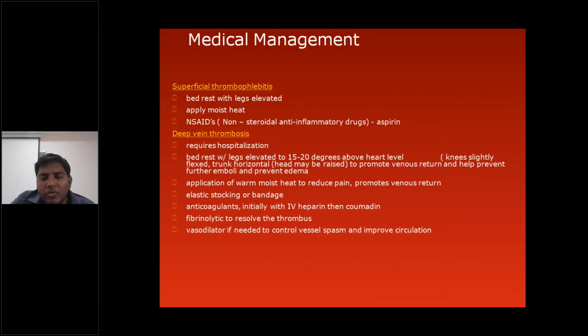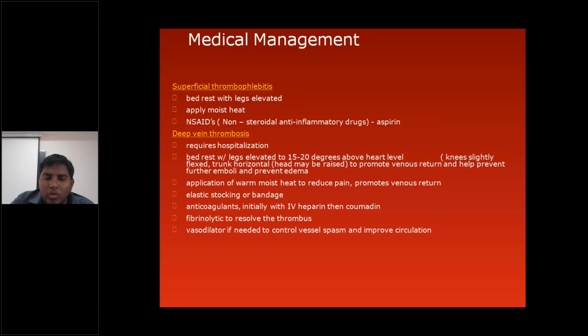So superficial thrombophlebitis, you could manage with conservative management like bed rest with the limbs elevated. For reducing the superficial thrombophlebitis effect, there will be application of hot fomentation, and for reducing the pain, you need to administer NSAIDs. All these come under